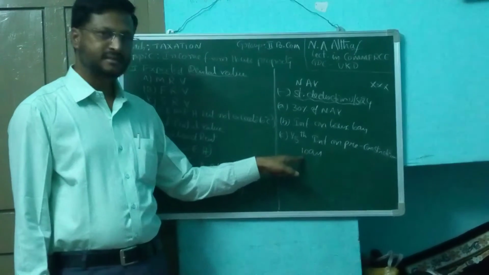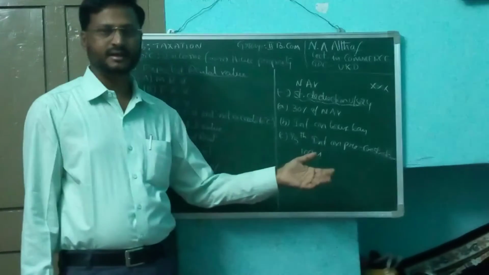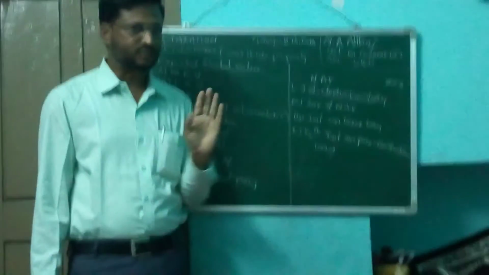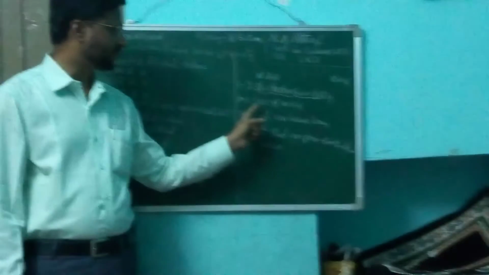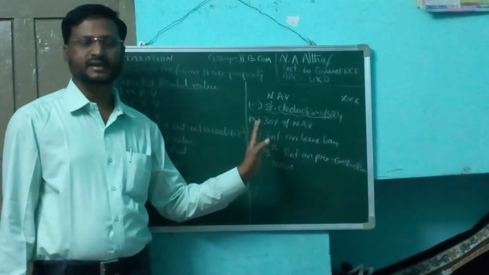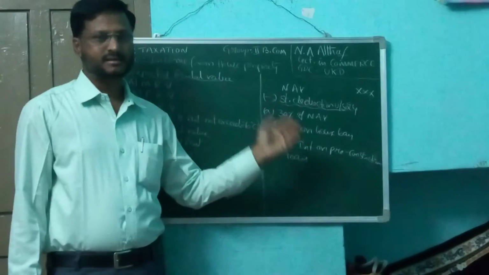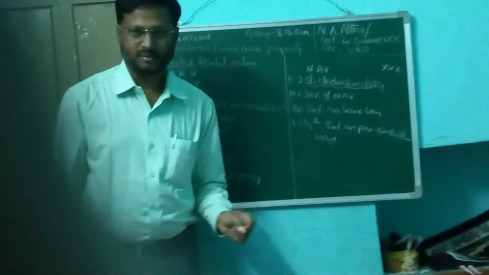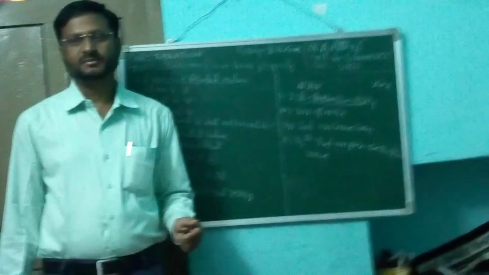This is a rare case, but the first two are most important and common in every problem. We have to remember it. That is the standard deduction. First, number one is 30% of NAV. We give the owner a deduction of 30% on such incomes. By this we can get the income from house property. So I hope you understand. Thank you for listening. Thank you very much.